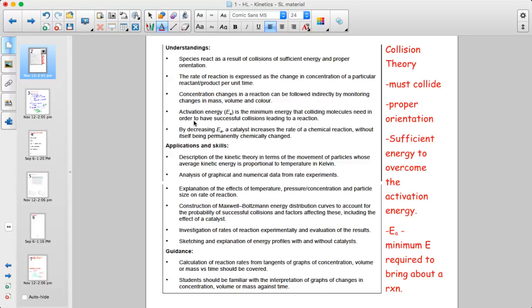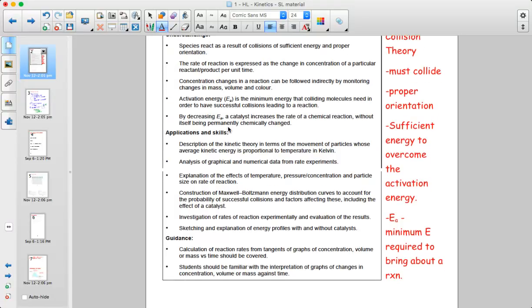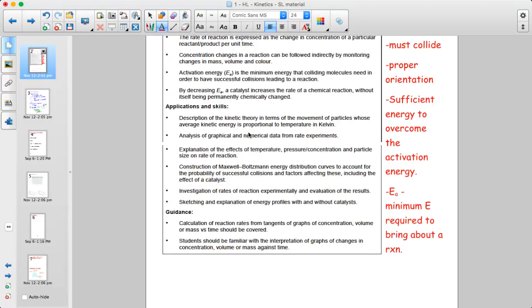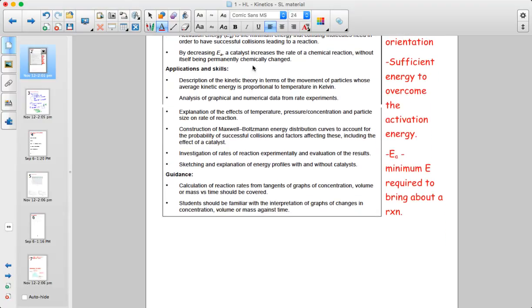Here's the activation energy definition. Activation energy is the minimum energy that colliding molecules need in order to have a successful collision leading to a reaction. More or less what I said down there. And catalysts decrease activation energy, and therefore they increase rates of reaction without themselves being permanently changed into something new. We're also going to look at graphs, and we're going to describe the effects of these various factors. So I'm going to skip the list now and go on to things that we need to worry about for